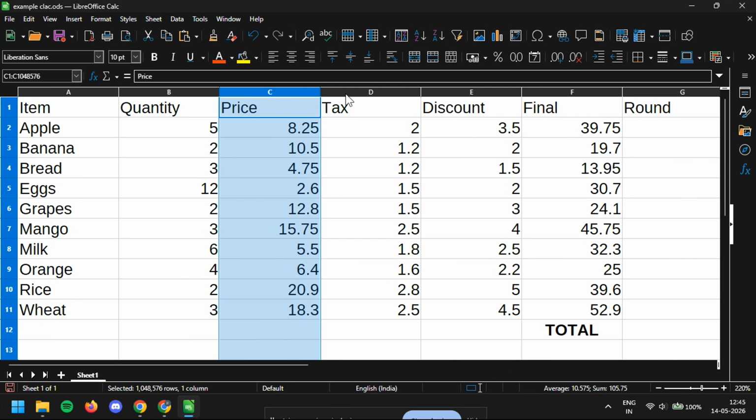And that's all there is to it. You've now learned how to unhide columns in LibreOffice Calc in a fast and simple way. This is one of those basic spreadsheet skills that can really help when you're cleaning up data or reviewing worksheets